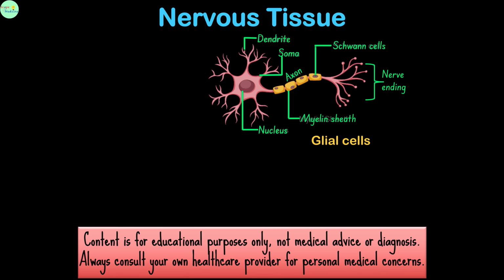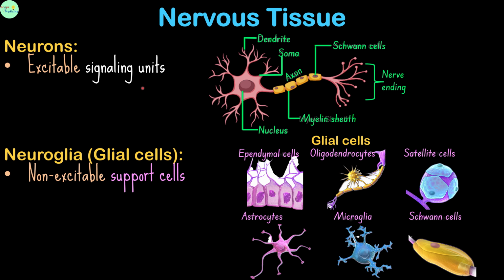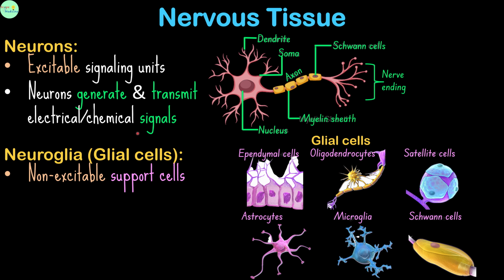Nervous tissue is composed of two fundamental and distinct classes of cells. These are neurons, which are the excitable signaling units, and neuroglia, also commonly referred to as glial cells, which are the essential non-excitable support cells. Neurons possess the unique ability to generate, propagate, and transmit both electrical and chemical signals, forming the basis of all